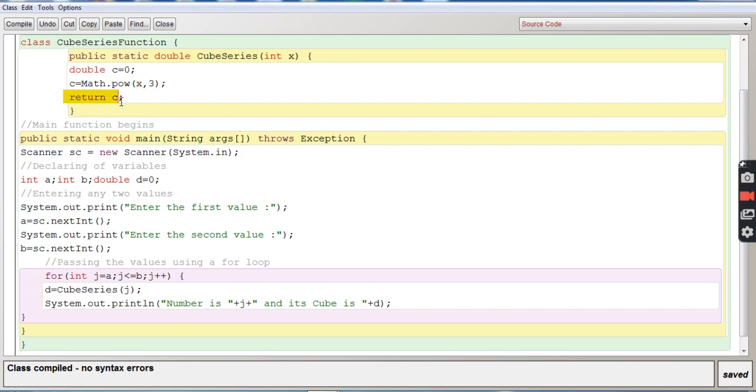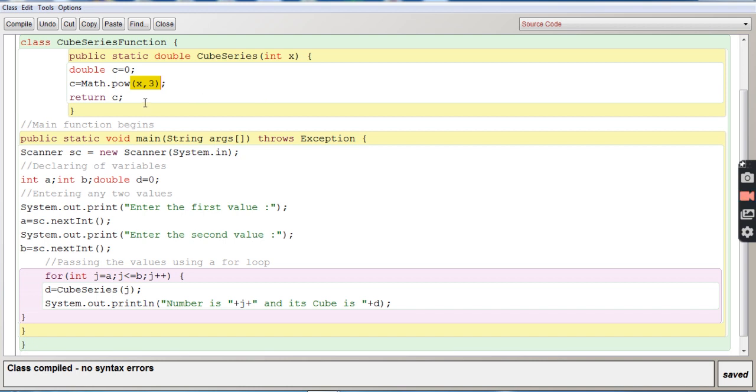And then this will return the value c, which is having 64 now, to D. D will get 64. Then it will print the value of j, that is 4, and its cube, that is 64. Similarly, the loop will go back, j plus plus, j becomes 5. Now 5 will pass its value to x. Now 5 to the power 3 is 125.